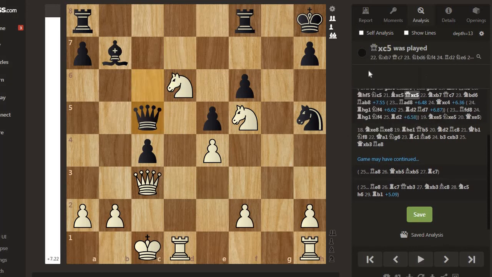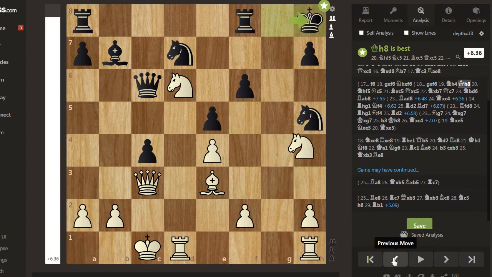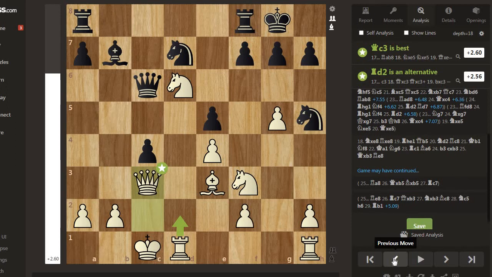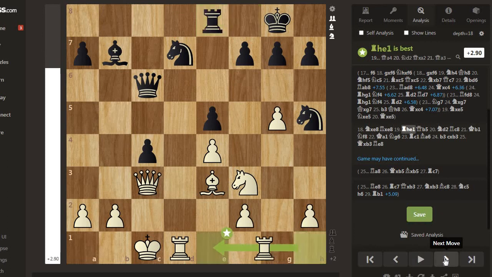So g takes f6 can't be played, it would be a blunder. So f6, on the whole, is a bad move. So the computer offers the exchange, and after knight takes e8, rook takes e8, rook e1,